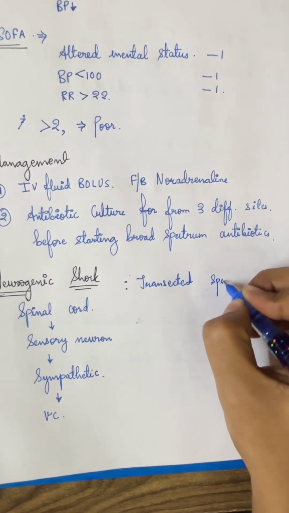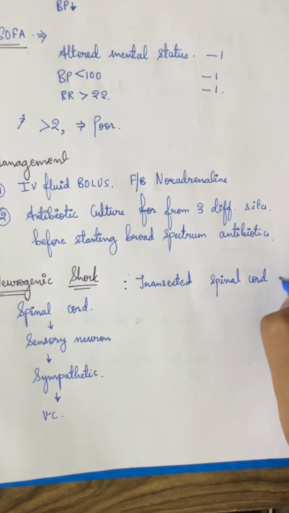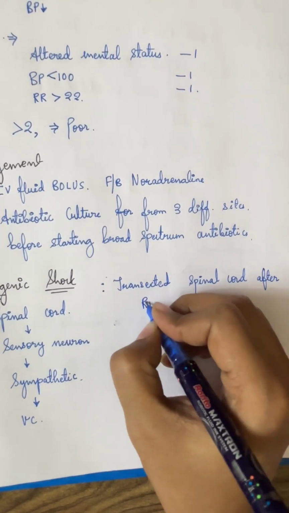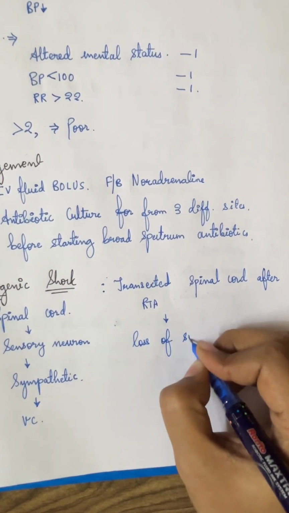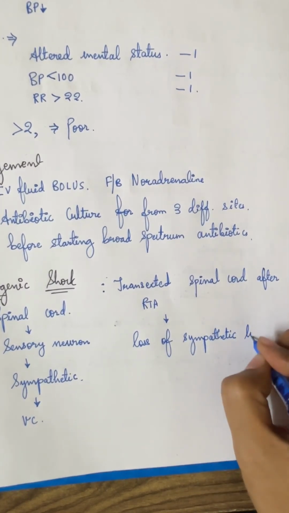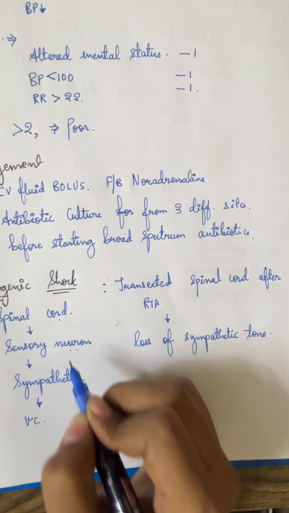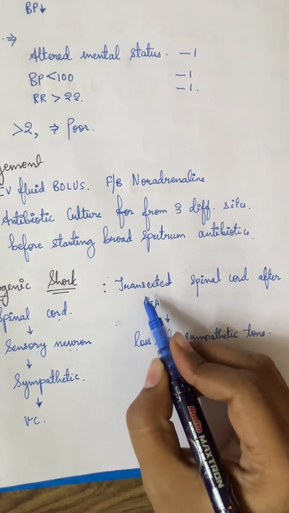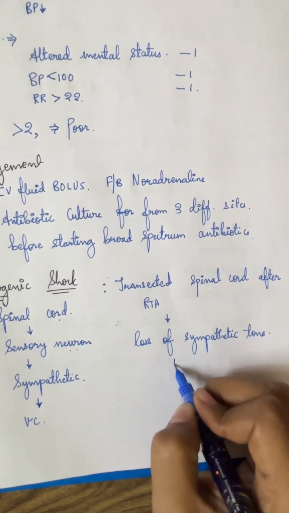So an injury to the spinal cord, or a transected spinal cord after RTA, leads to loss of sympathetic tone, because the spinal cord has neurons which are responsible for the sympathetic system, and that leads to vasoconstriction. So a transected spinal cord after RTA leads to loss of sympathetic tone, and that will lead to